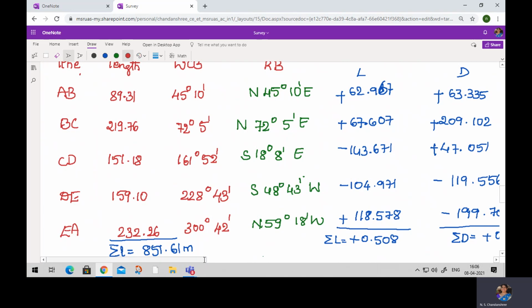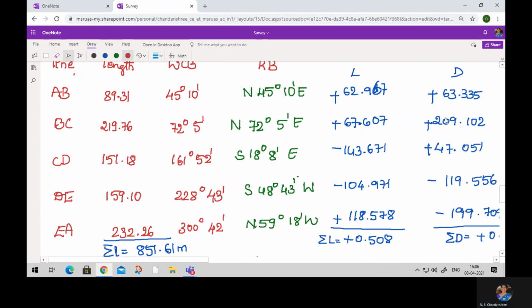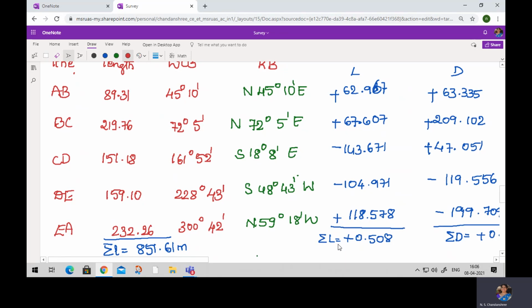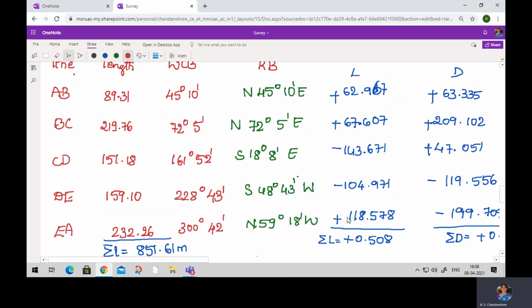Whatever is being displayed on the page now is the same. Along with sigma L and sigma D, we will also calculate one more thing: the arithmetic sum of latitude and the arithmetic sum of departure. Arithmetic sum of latitude means we should not consider the sign, we just go on adding all these numbers, that is 62.967 plus